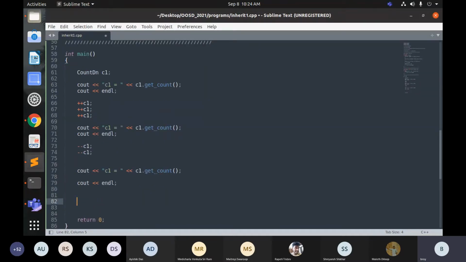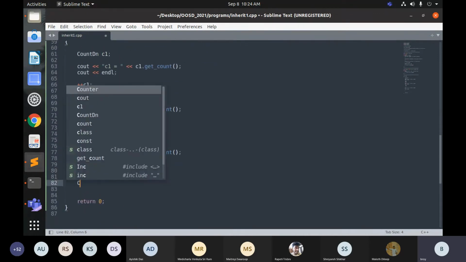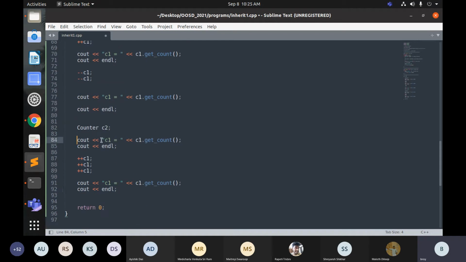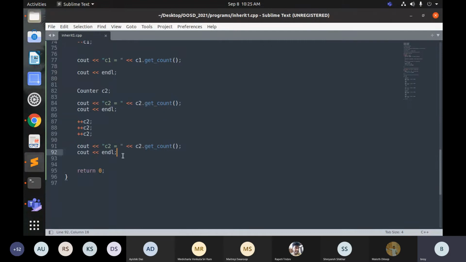Just to demonstrate something. What is the name of this? A counter. Counter C2. So to this level, everything will be identical, because we are accessing the members of counter directly through an object of counter. That is fine. But if we do this,